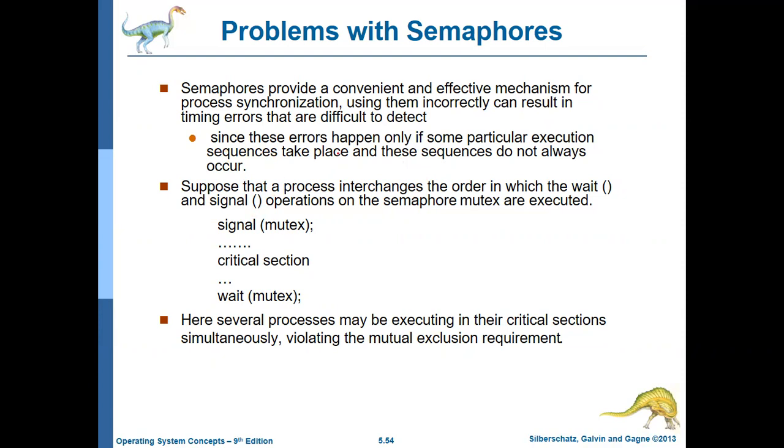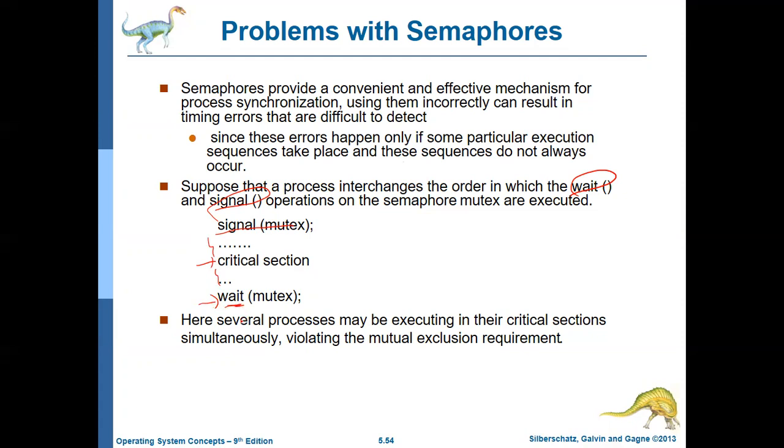An example is given here. Suppose that a process changes the order in which, as all of you must know, in a semaphore we have two special functions that help in synchronization. That was wait and signal, right? So here also, if the process interchanges the order in which the wait function or the signal function executes, suppose the order is like this. First, you signal the mutex, and then you perform some code, go into the critical section, and then you perform some code and then call the wait mutex function.